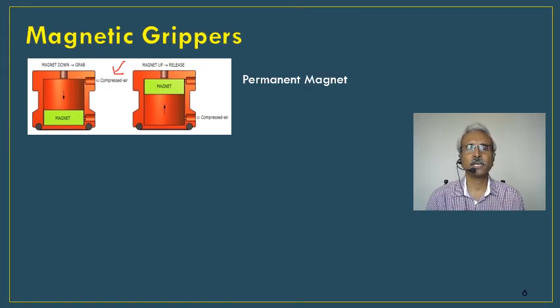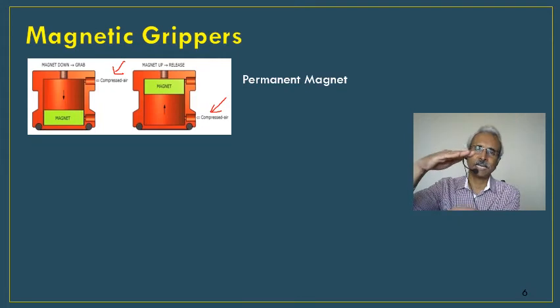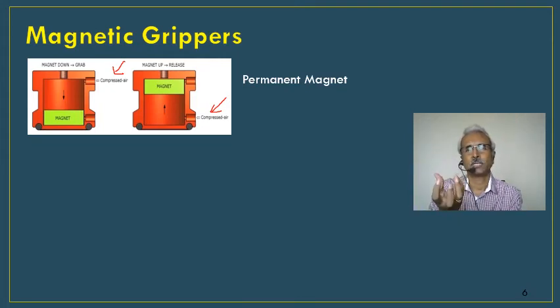So now here you can see in the right hand side in this diagram, the compressed air is sent from the bottom wherein the magnet is lifted up. Of course when there is sufficient gap between the magnet and the object, automatically the object or the component is released. So this is one drawback with permanent magnet. Again you need to have a pneumatic circuit or something to operate this. All those things are there.